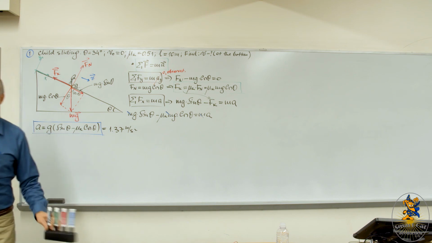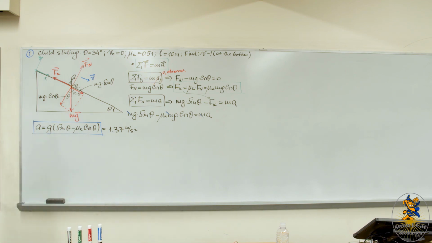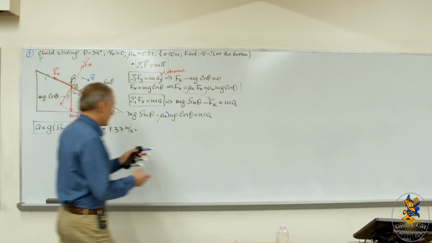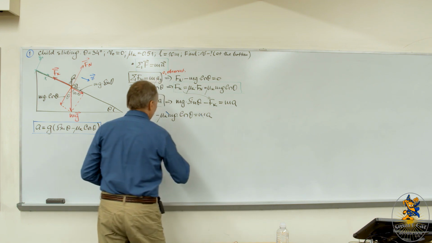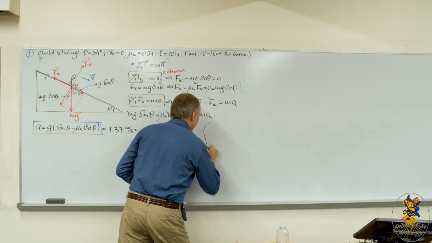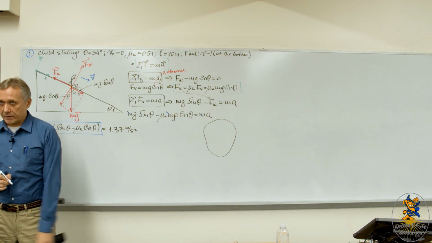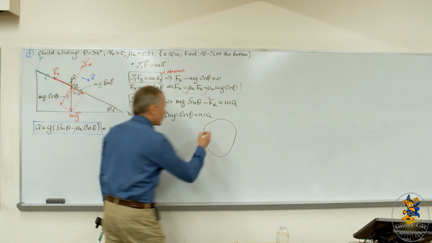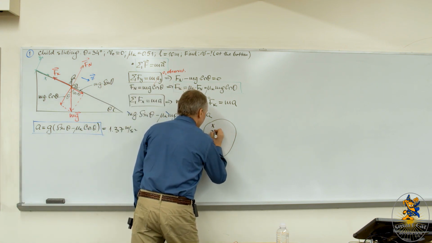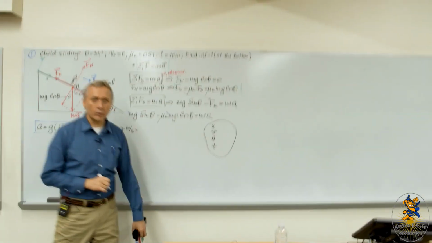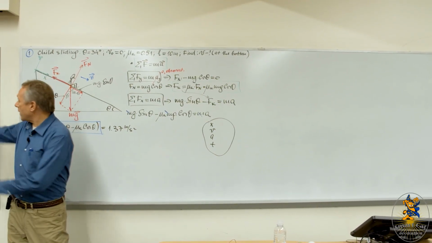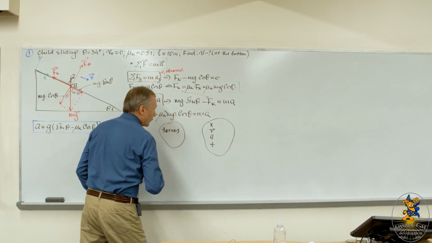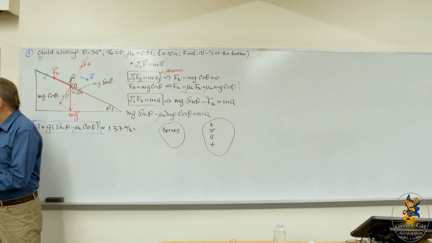Okay, so now what's next? We found acceleration, but the question is about velocity. So I usually give this diagram. What we've done just now, you remember in exam 1, we were in the world of kinematics. We learned how to describe motion. And in the world of kinematics, we had what? Position, velocity, acceleration, time. Now we added forces, the world of forces, right? And now, using Newton's second law